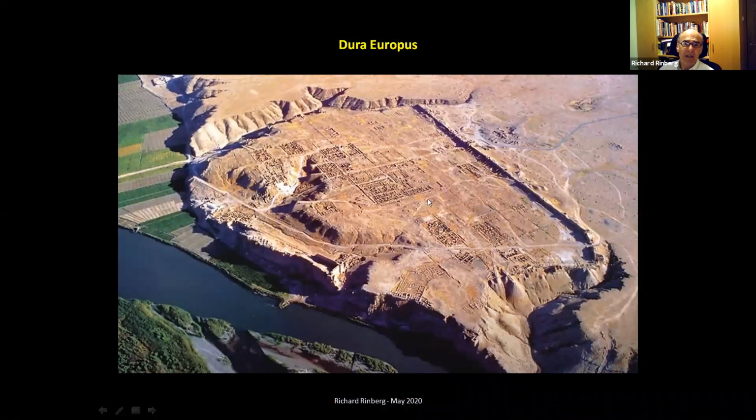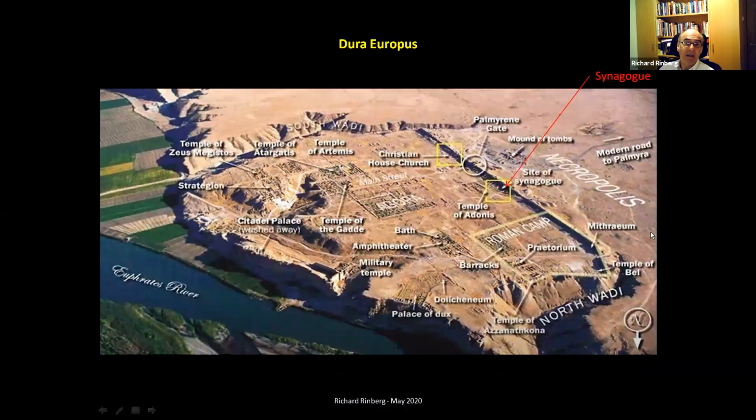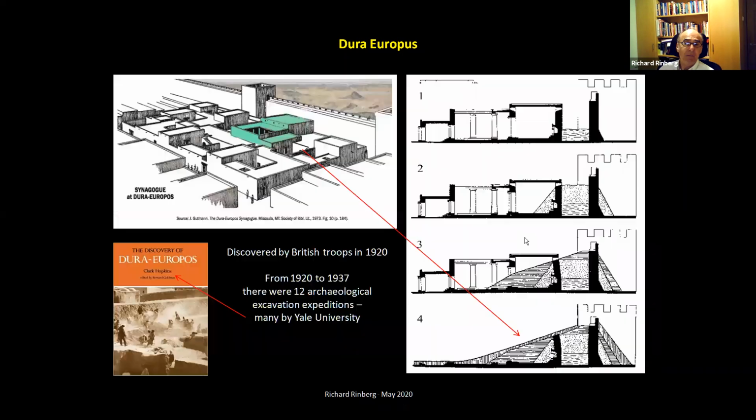And obviously the central areas are going to be, should we say, the good areas, and near the defensive wall, the less good areas. So you can see the synagogue that was at Dura Europus is here nearby the wall. And in fact, this was a pretty multicultural society at Dura Europus. So there's a church here, there's a synagogue here, but this is where the synagogue was, and there's the wall.